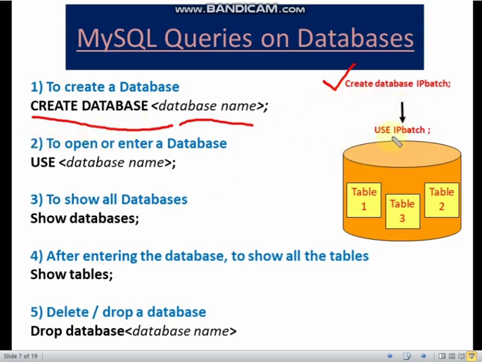Then to come inside the database, to open or enter a database, you have to write the command use, then the database name. And then to see all the databases: suppose before you begin, you want to see what different databases are already present, so that you don't give the same name or create a database which already exists.